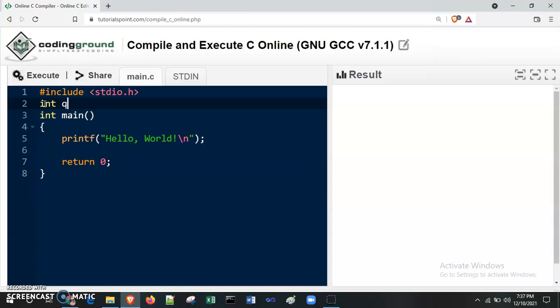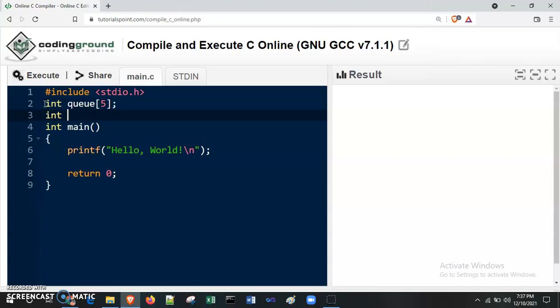So I am going to use here one integer array of size 5. Then we need to declare some variables, global variables as front and rear, and both we initialize to -1.